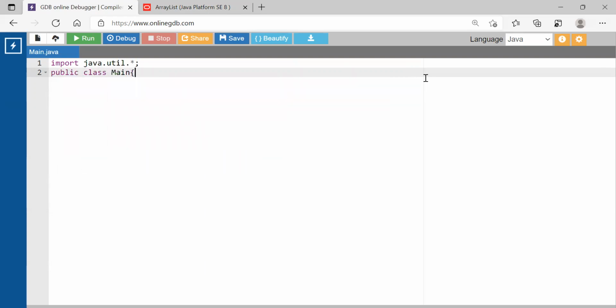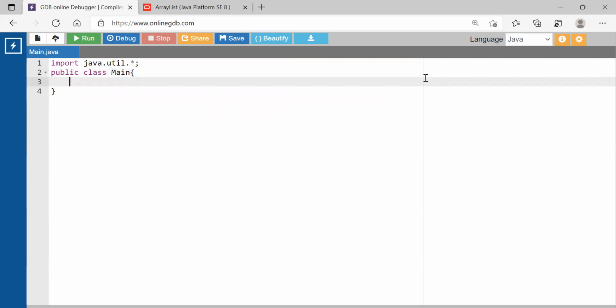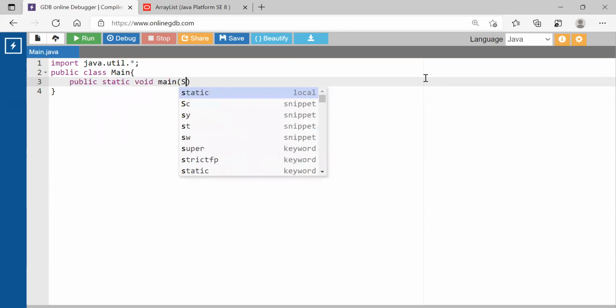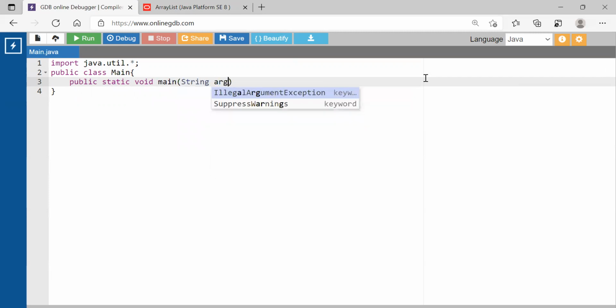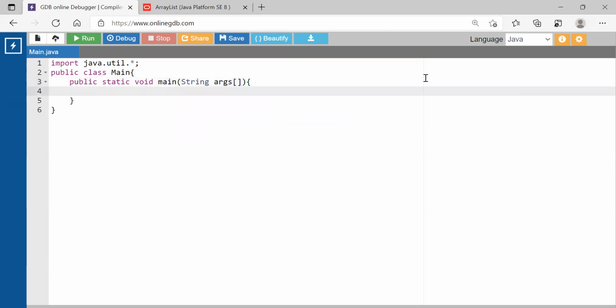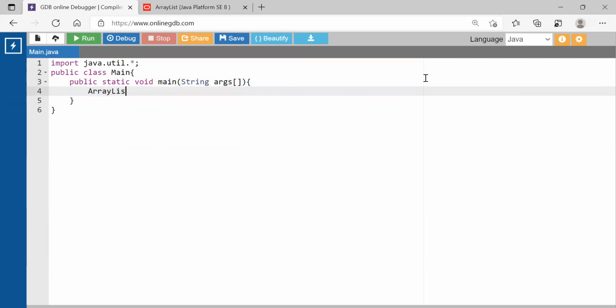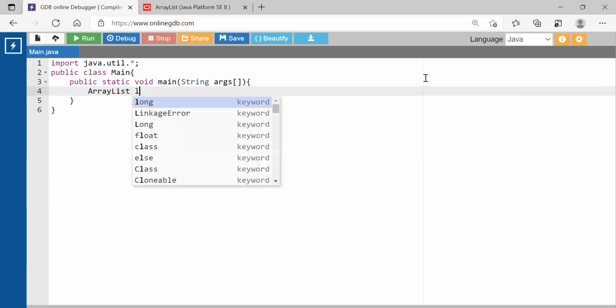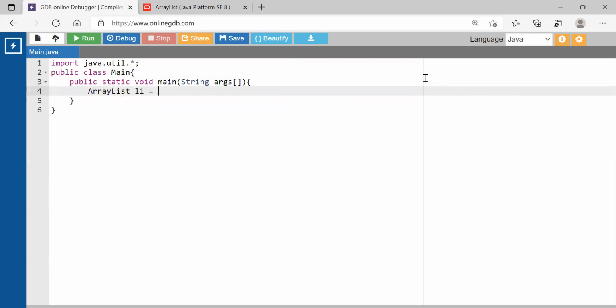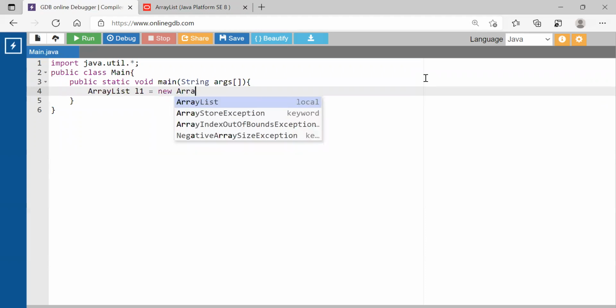The name of the class is Main, and then this is the main method, public static void main, String args. Inside this I'm creating an ArrayList. So I said ArrayList, and I'm naming the object reference L1. So ArrayList L1 is equal to new ArrayList.